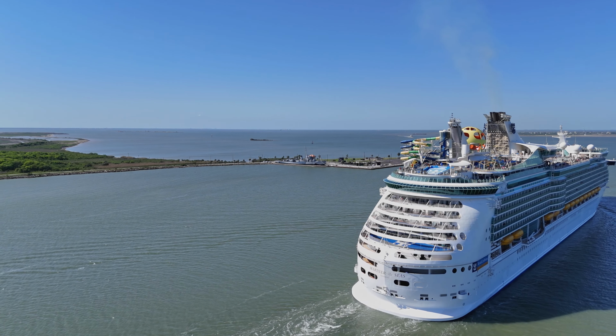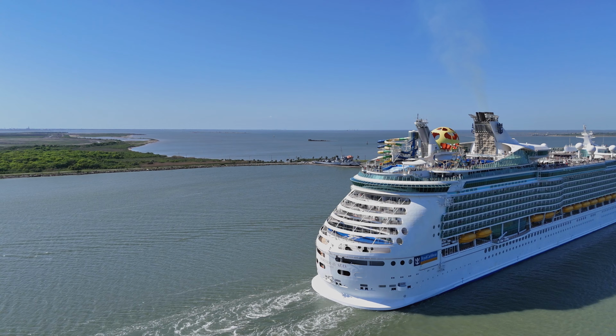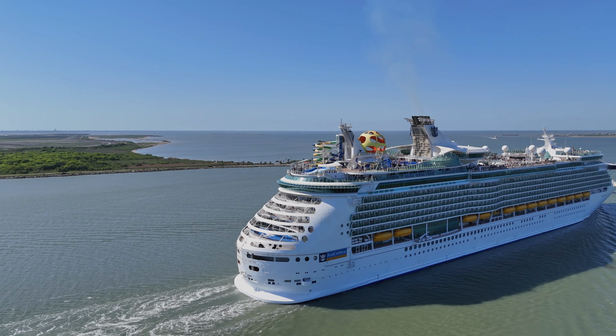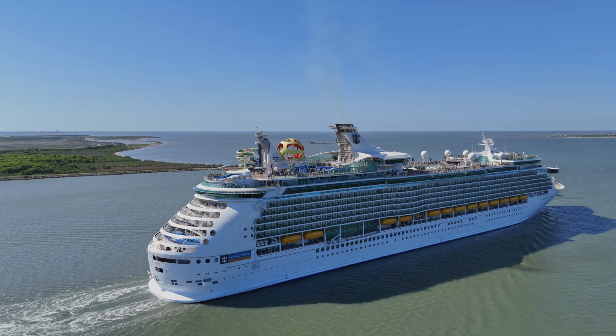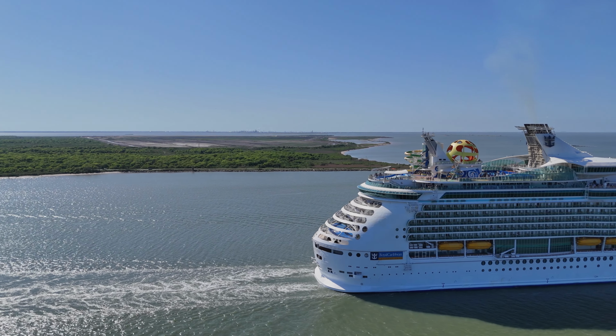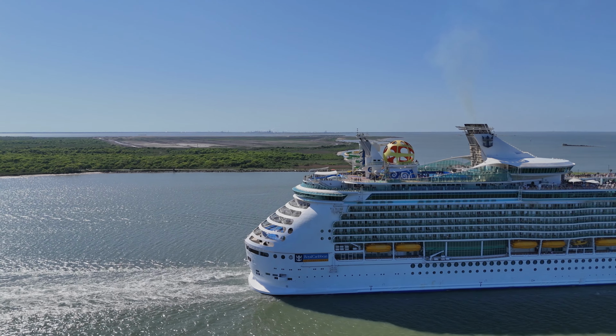Azipods can point in any direction, giving the ship's master the ability to move the ship sideways or in any direction desired. The ship has 4 bow thrusters, adding to her maneuverability. Her service speed is 22 knots, and her maximum speed is 24 knots, which is very fast for a ship of this size. She can accommodate